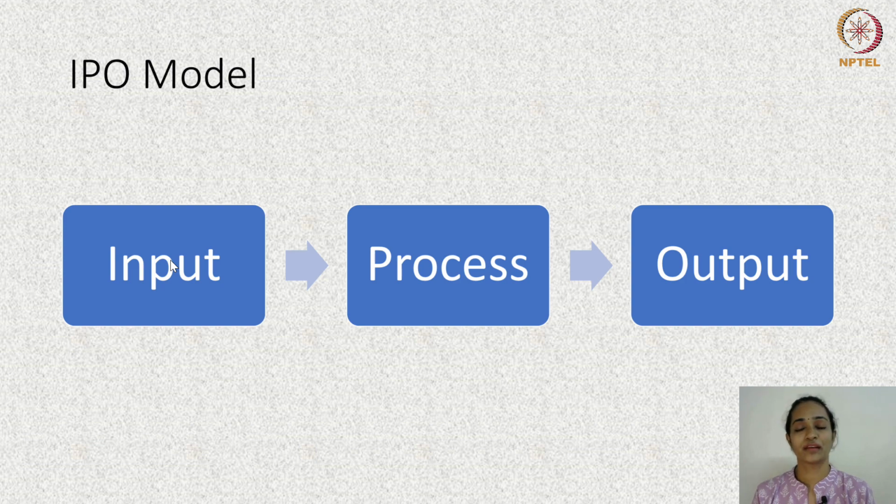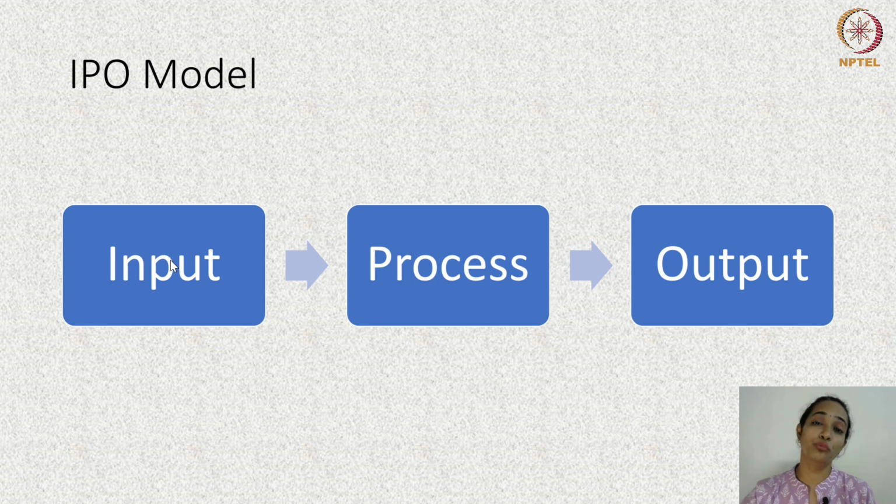In the same way, one of the models which explains how teams function is the IPO model, which is the Input-Process-Output model. Now, many models have been proposed for explaining different factors like team development, team diversity, team functioning, team effectiveness, and so on. This particular model, the Input-Process-Output model, is a team effectiveness model and was proposed in 1986 by Hackman. It tells us that factors like inputs, which include team design factors, individual personality, and so on, have an impact on the process, and through the process have an impact on the output.